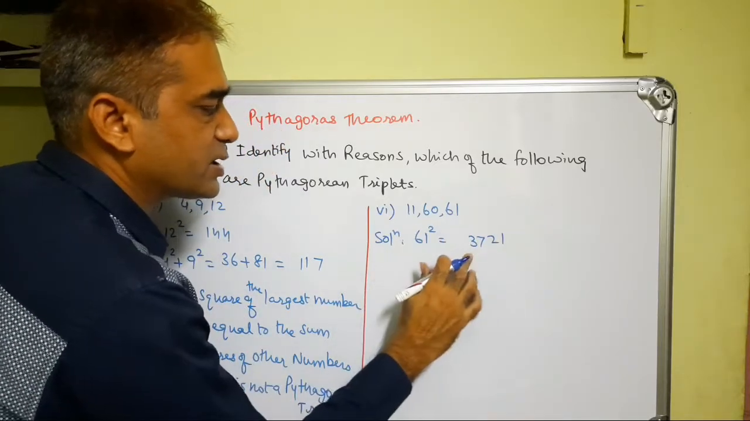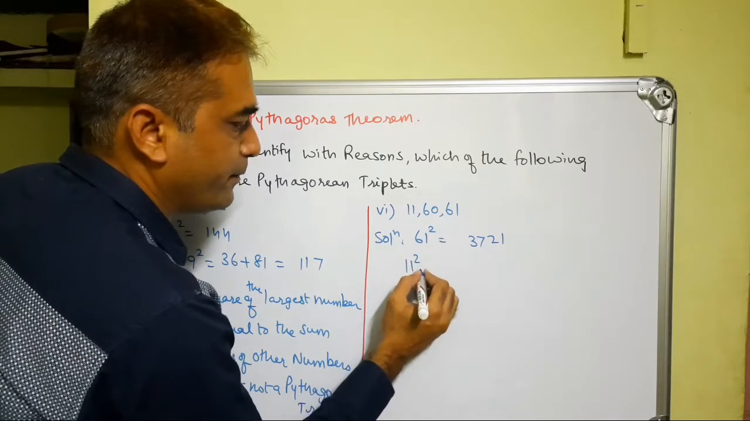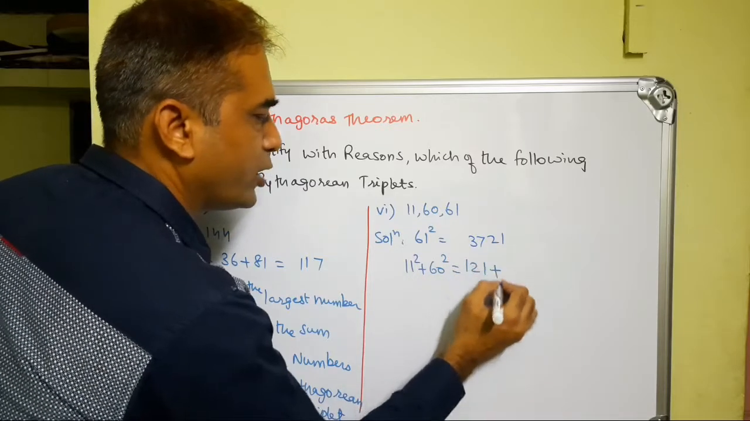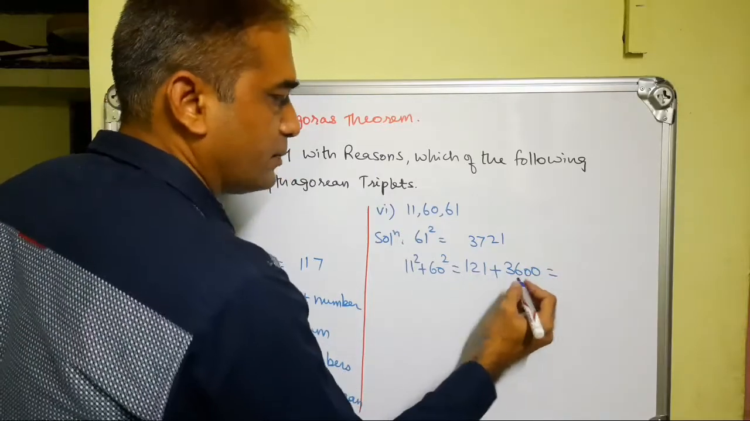So 61 square is 3721. The remaining numbers are 11 and 60. 11 square plus 60 square. 11 square is 121 and 60 square is 3600. The sum is again